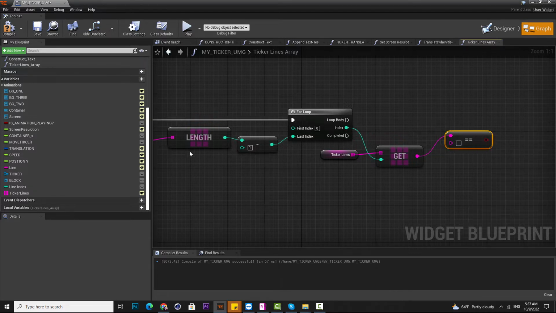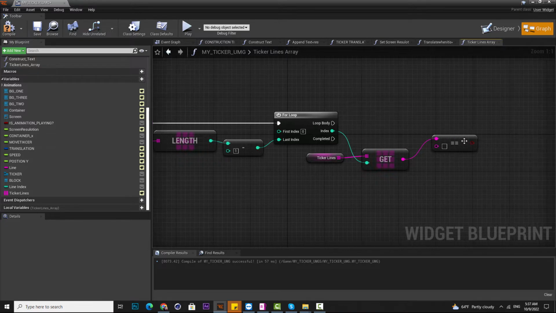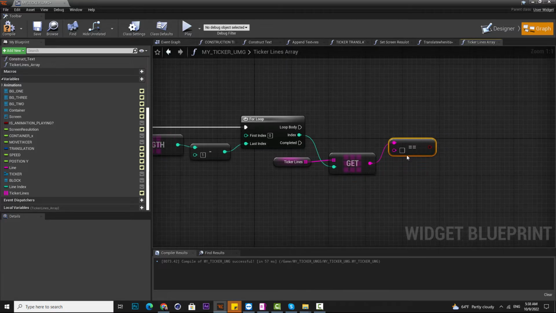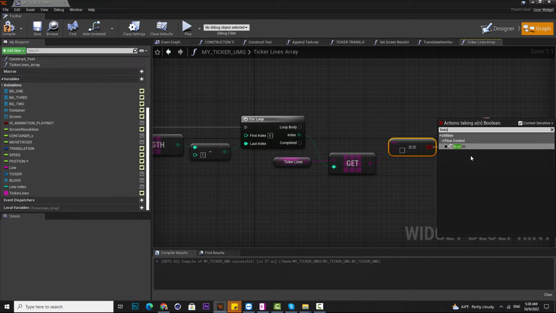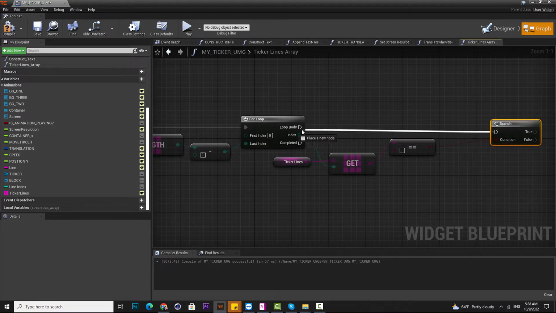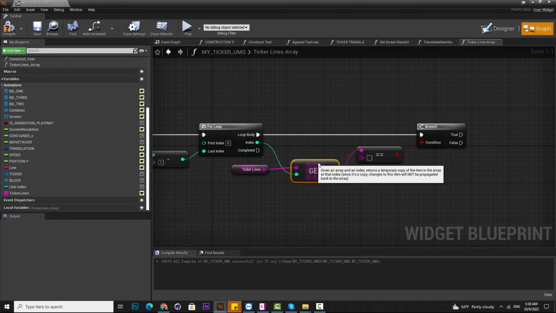We want to say, when the loop runs the first time, we want to check if the index that is coming out from here is equal to 0 or not. The element at index 0, the element that we are taking here, is it equal to 0 or not? If it is equal to 0, we don't want to perform any action, because